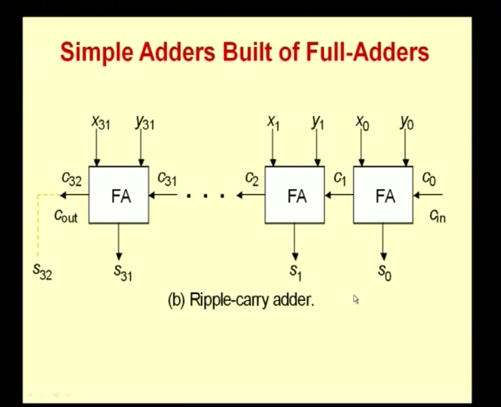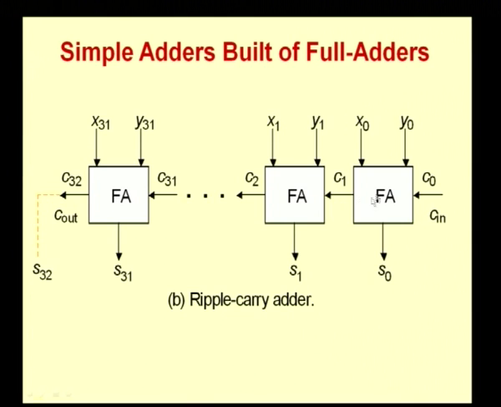Okay. So another way of doing the addition is using what we call a series of full adders. We have what is called the ripple carry adder here. So now look at what we have here. The example shown here is for a 32 bit adder. So, I now use 32 full adders. Now, each full adder is responsible for adding each bit position. So, now what I have here is the first full adder will have x0, y0 and c0 as the input, right,